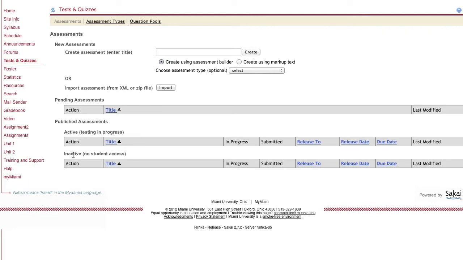Either you have them set for date restricted access and you've past that point, or you've told it to publish it but not until a certain point. So maybe you've created this quiz and you want it to be released effective next week. That would fall under the inactive assessment, and then once that date comes around, it would automatically be moved into